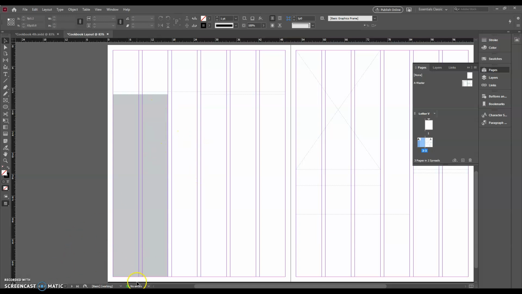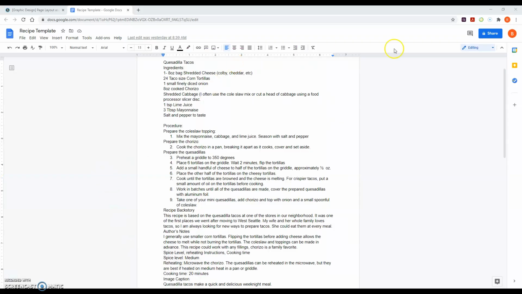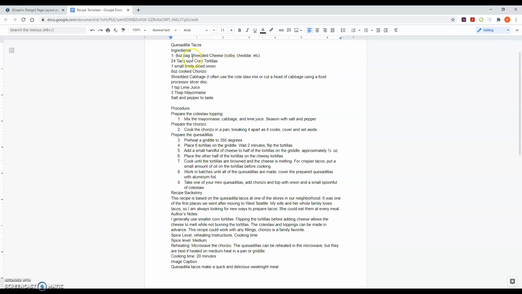And I'll need to grab that real quick. So here is my recipe right here, and it's on a Google Doc. You can also use a Word doc. What's really nice about that is the spell check option. InDesign doesn't do spell check very well,